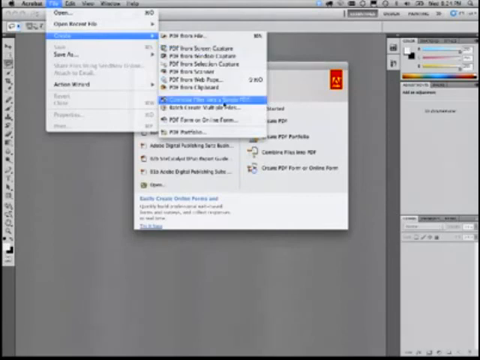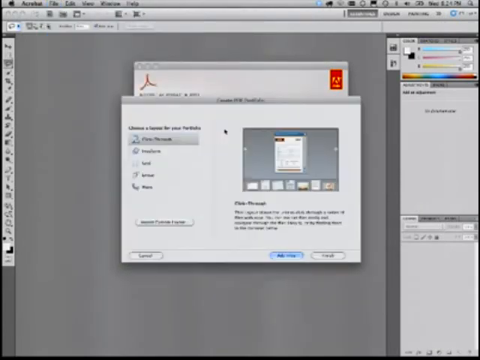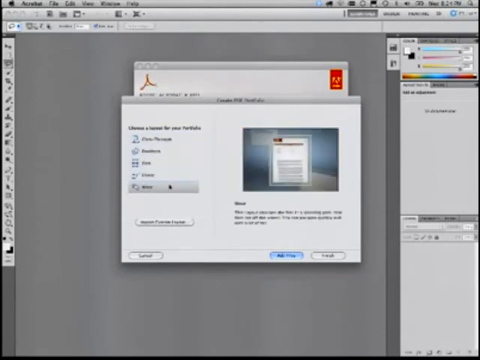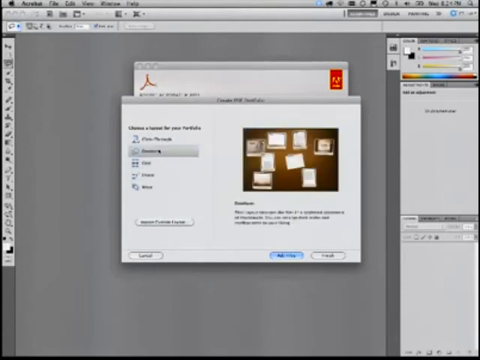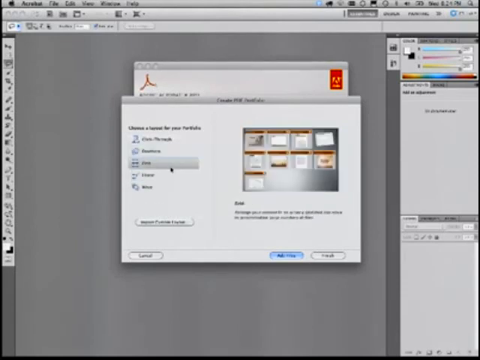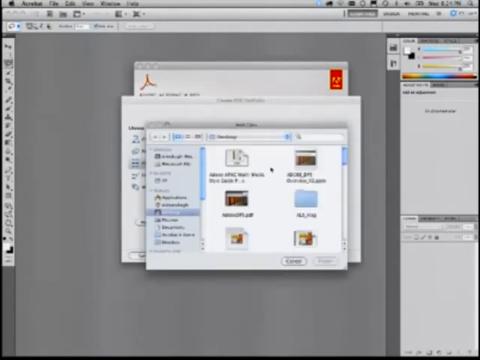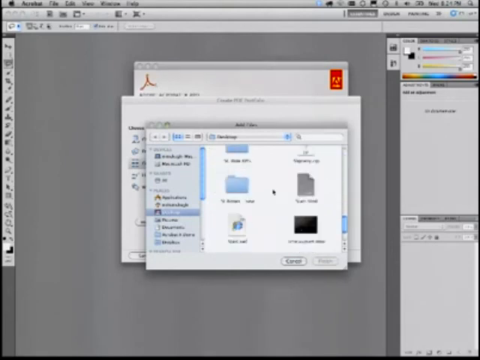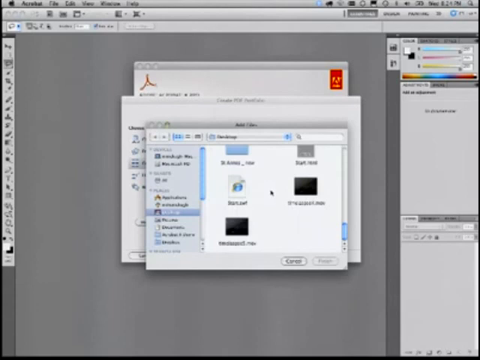You could just create a blank PDF, but I would create a PDF portfolio, which is just a collection of different file types. You can put video or PDF or whatever. You can put PowerPoint, Word files or whatever in there. I'm just going to put a standard old grid, add files, go to the desktop, and choose, look at all this stuff I've got out here. I showed this time-lapse